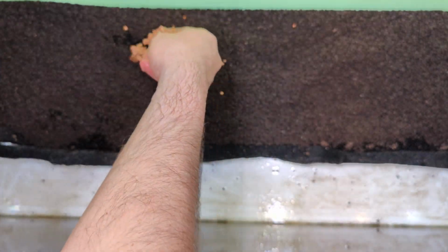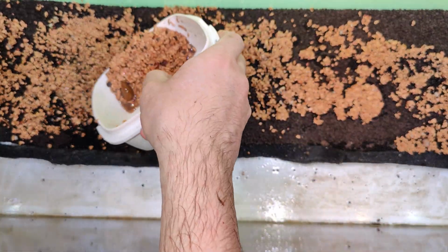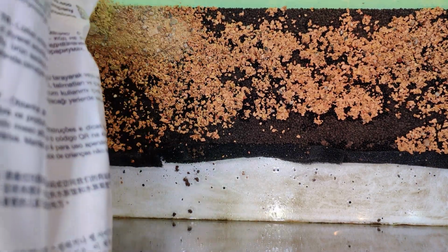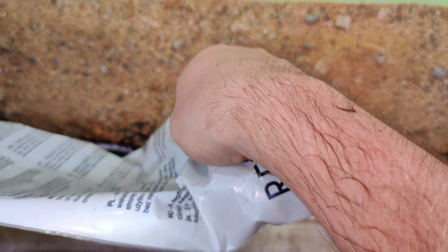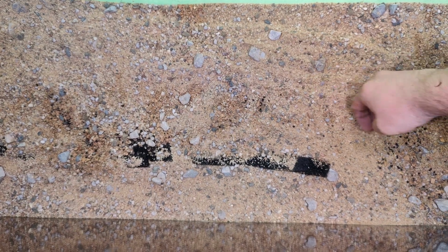Next layer is some Weo Mustard Artist substrate from my previous tank, which has the benefit that it's already settled with bacteria and can have the tank running faster with a settled system, and perhaps I can skip some of the brown algae phase. Next layer will be the first visible substrate layer, and that's the Weo Savage Riverbed,